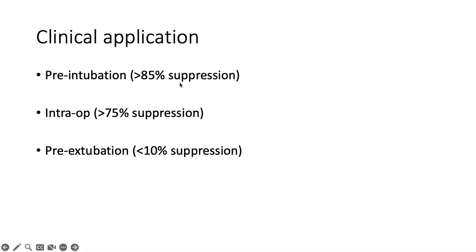So we are having higher targets now for extubation, for example. We're aiming for more than 90% recovery. And definitely, we are no longer saying just 10%. We want it to be even less than 5% suppression for you to be able to extubate. So about 90% recovery or 10% suppression, when you are more than 10%, is for you to give the reversal. But when it comes to extubation, you definitely want it to be much higher than that, because that's what the